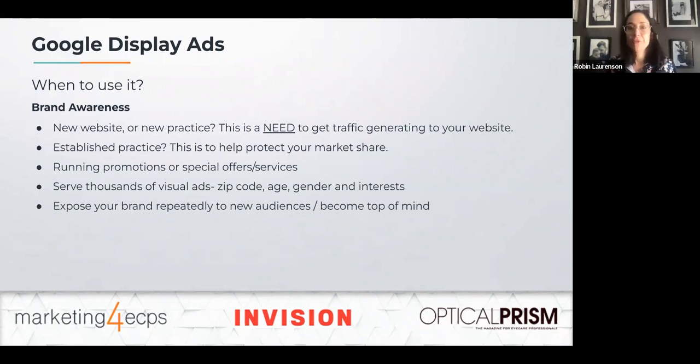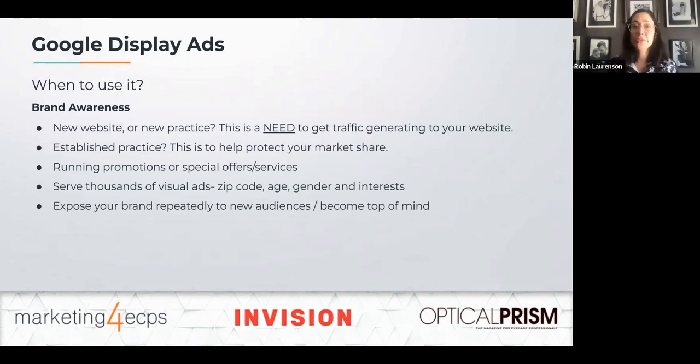So with traditional media, like for example, television, it's just running through a particular show. But with digital marketing, with specifically Google display ads, we can really get super specific as to who you really want to target and who you want to be serving those ads. Another thing to note is that now the average person sees anywhere from 4,000 to 10,000 ads a day. Okay, so we are bombarded with ads. So the average person now needs to see your ad about your practice anywhere between 7 to 10 times before they start remembering your name and remembering what it is that you offer. So having that frequency of exposure is super important.